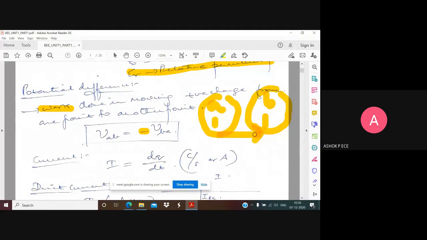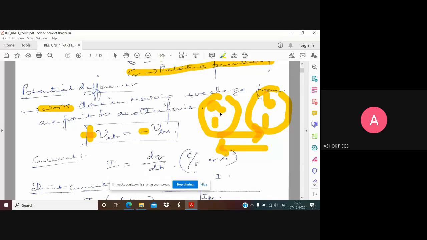See, my direction of precipitation is only from A to B. So along the direction, if I move, I'll have a positive potential. If I oppose the direction of movement, I'm going to have a negative potential. Or you can think of it like this: moving a positive charge from A to B is equivalent to moving a negative charge from B to A, so that the charge is maintained. Law of conservation of energy is maintained.